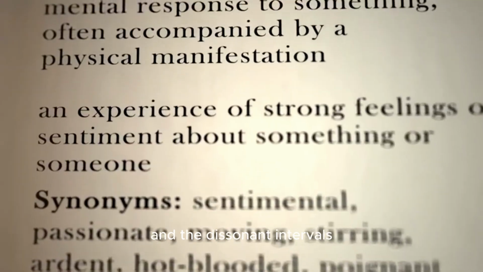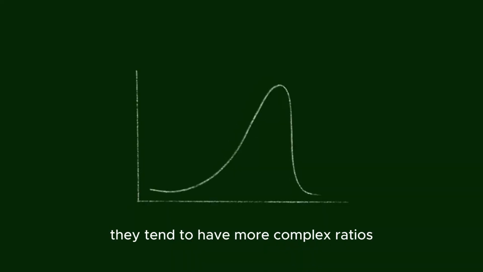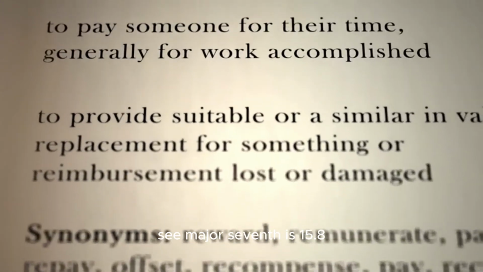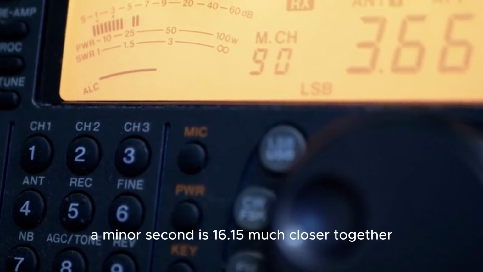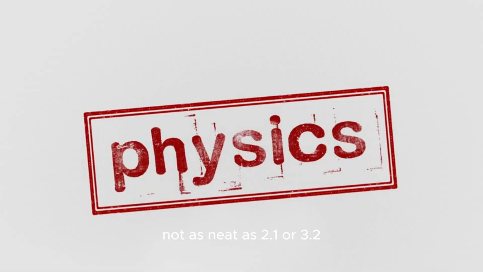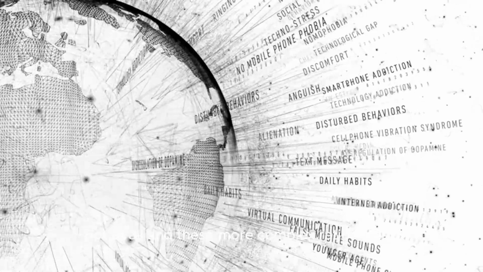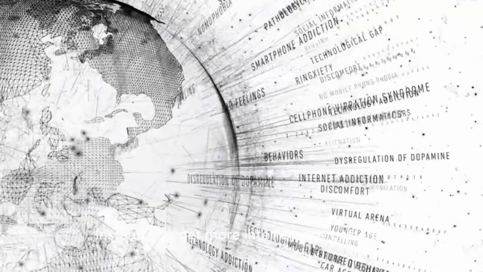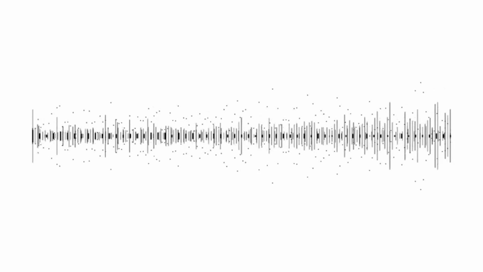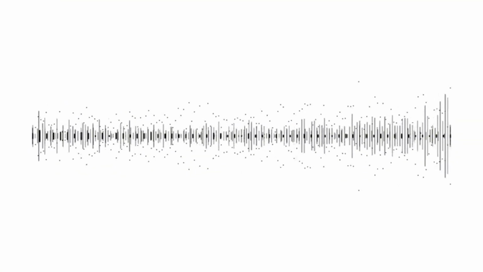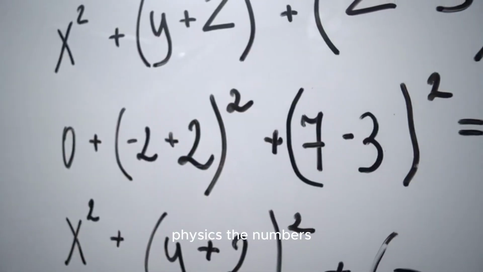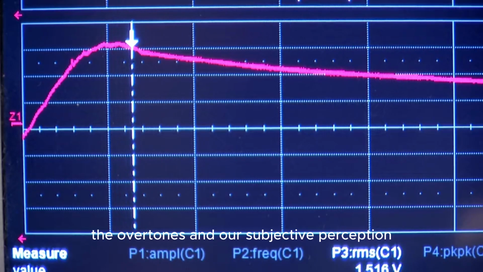And the dissonant intervals, what are their ratios like? They tend to have more complex ratios. The source gives, let's see, major seventh is 15:8, a minor second is 16:15. Much closer together, more complex relationship. Right, not as neat as 2:1 or 3:2. Not at all. And these more complex ratios mean fewer of the overtones line up neatly. Instead, you get more interference patterns, more clashing partials. Which our brain interprets as roughness or tension, dissonance. That's the idea. It's this amazing interplay between the objective physics, the numbers, the overtones, and our subjective perception,